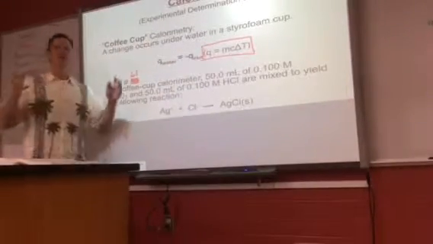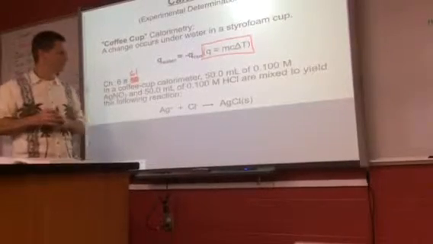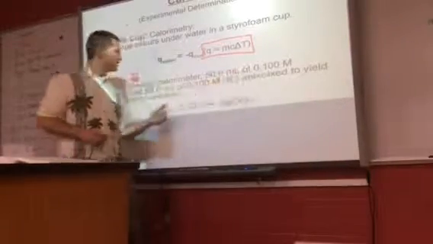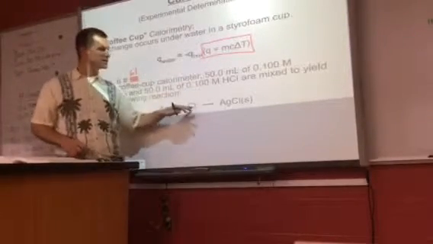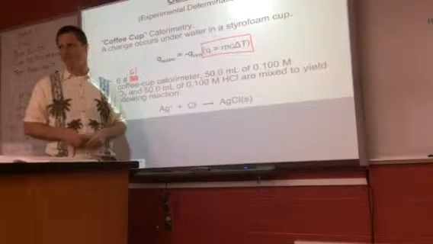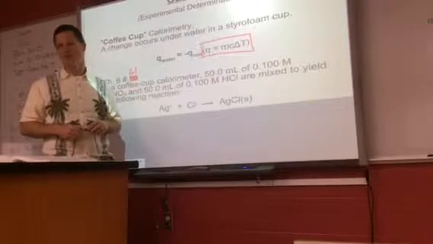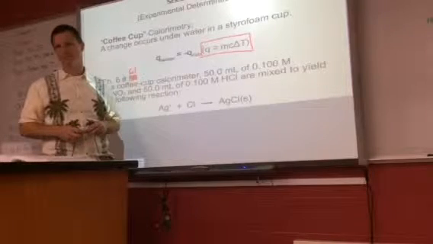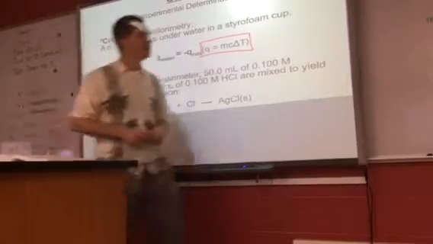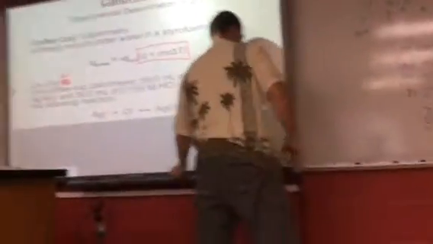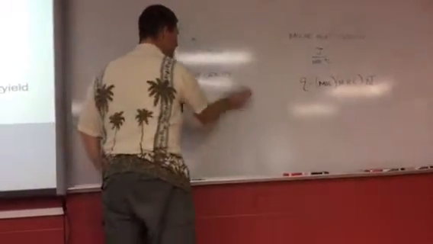So we have 2 solutions combined together in a coffee cup calorimeter. 50 ml of silver nitrate, so you have some silver ions, and then 50 ml of hydrochloric acid. What are you going to observe in the cup? AgCl forming. What do you see? A precipitate. Thank you. So let's take a look at what this thing looks like and talk. I want you to be able to visualize